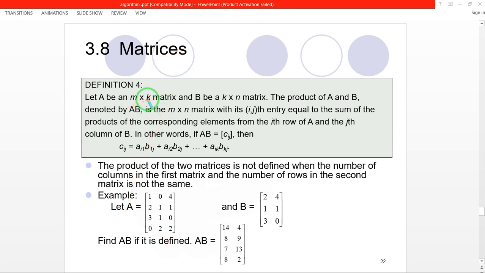So if A is an m cross k matrix and B is a matrix, A and B will be multiplied, but the condition is